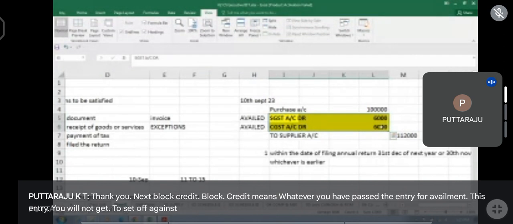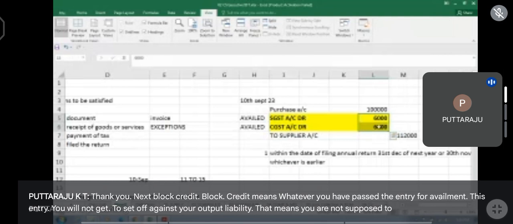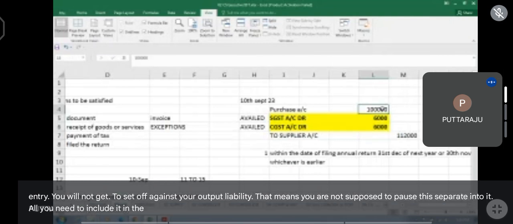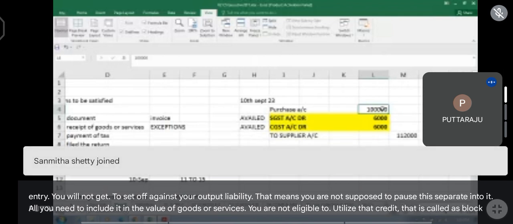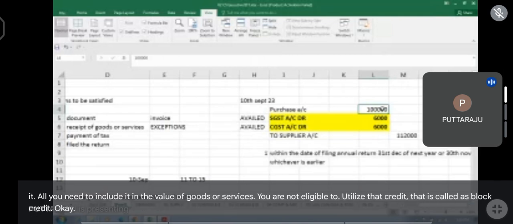off against your output liability. That means you are not supposed to pass this separate entry at all. You need to include it in the value of goods or services. You are not eligible to utilize that credit. That is called as block credit. Okay, highly